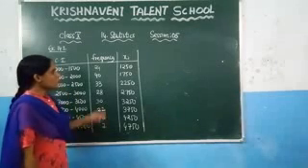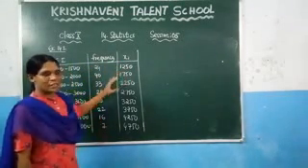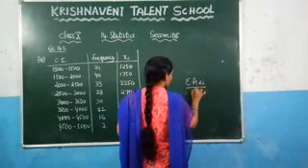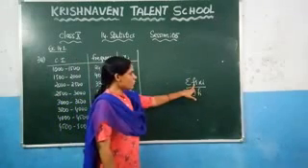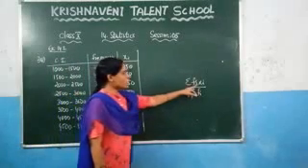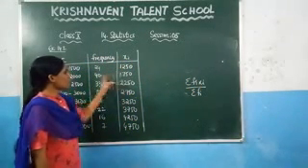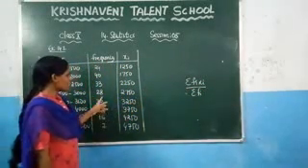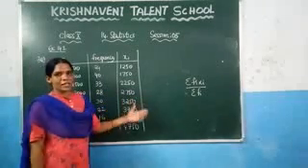Now here in the direct method, what we need to do, we need to multiply these two values. What is direct method? In the direct method you can find the mean by using the formula sigma fi xi by sigma of fi. They have given the value of fi, which is these values, the frequencies, and we calculated the value of xi here in this column. Now if you multiply these two values, you will get fi xi. But here you can observe that these values are very large. So here we cannot go for the direct method.